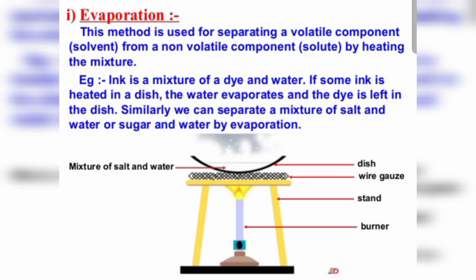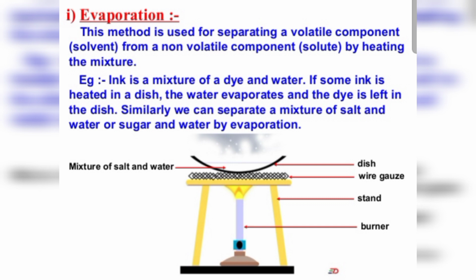So how can we separate the dye from the ink, or the two different color components from the blue ink? We can apply this process. So what we have to do for this process, we can take a 100 ml beaker and put a watch glass on its mouth. Then we have to drop a few drops of ink on the watch glass. Now start heating the water bath till water starts boiling. Now continue heating as evaporation goes on. Now stop heating when you do not see any change in the drop, and we can cap the watch glass.